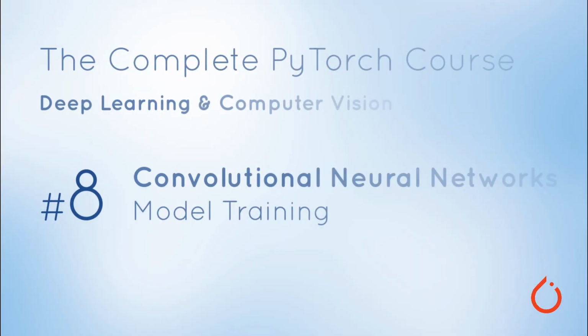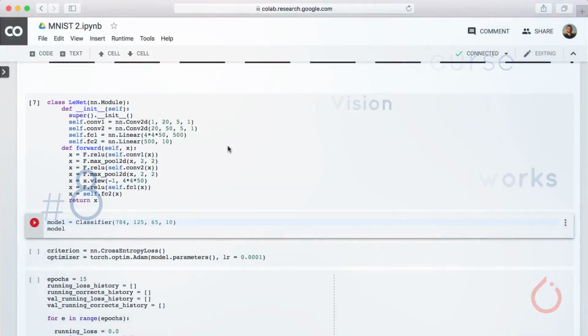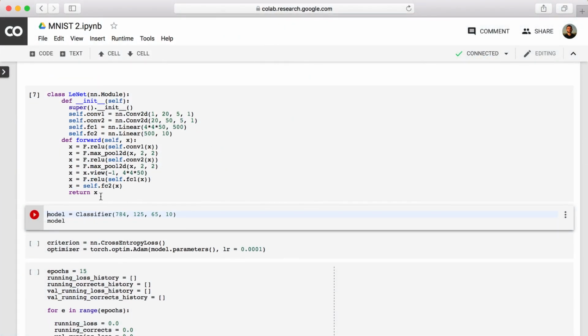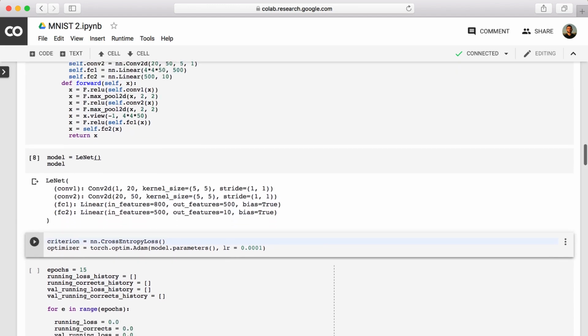Hey guys, welcome back. Now that we've initialized the model, it's time to train it. Before doing so, let's move on to the next cell and change the model statement from classifier to Lynette. There will be no need to pass anything into our initializer, and once we output the model itself, we can